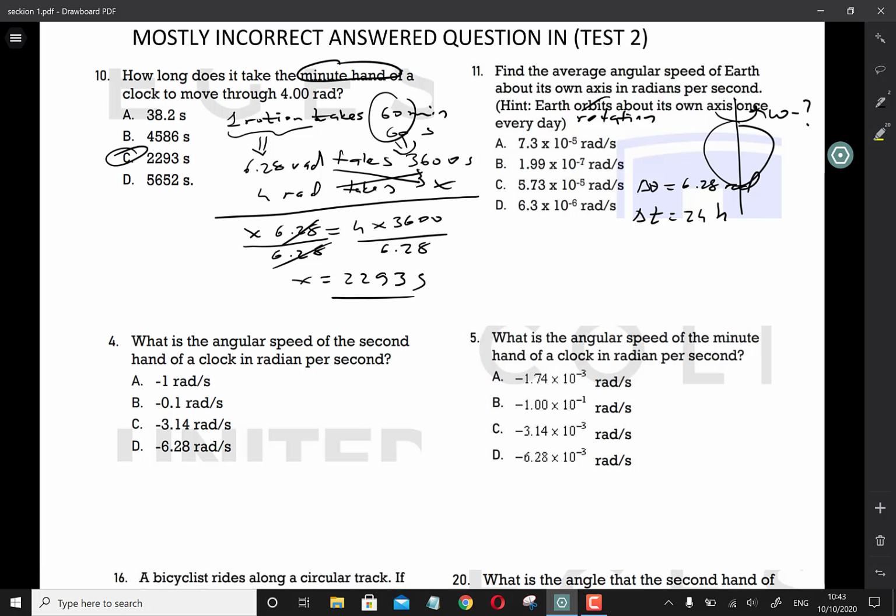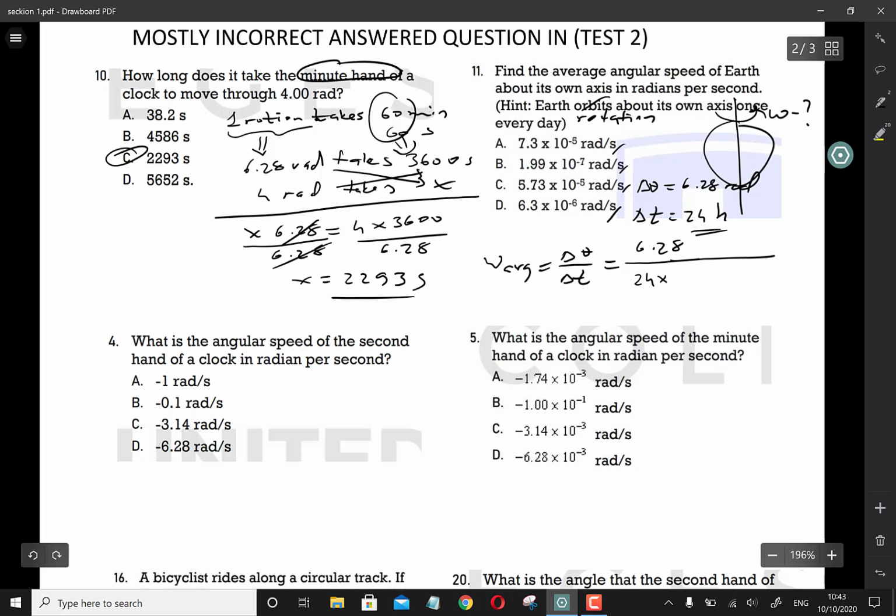So but this hour must be converted to second in calculation, because in the choices the speed is given in radian per second. Omega average is equal to delta theta over delta t. Delta theta is 6.28 radian, but delta t is 24 hours. So we should convert hour to seconds. 1 hour is